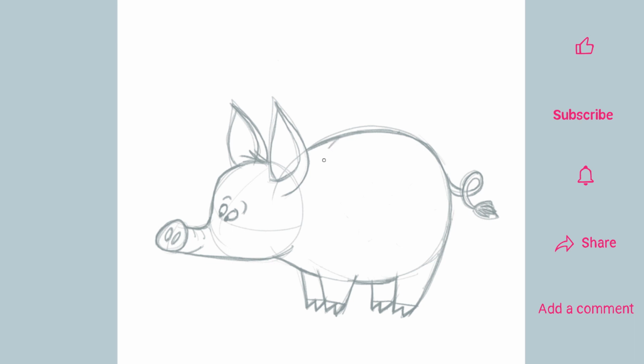Now, as we sketch in his markings, try to think in 3 dimensions by imagining how this biggest spot would actually be wrapping over and around his body. We'll sketch in some smaller spots, making sure to vary them in shape and size, because after all, he's not a polka-dotted pig. Let's add some tone now for a sense of finish and move on to the cleanup stage,